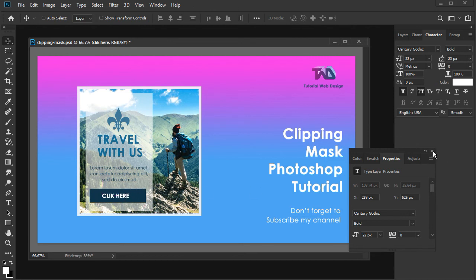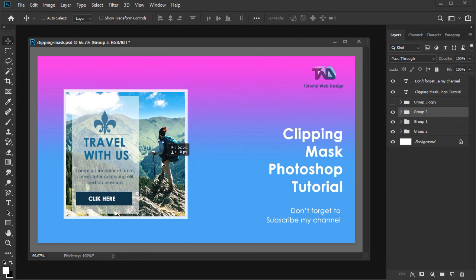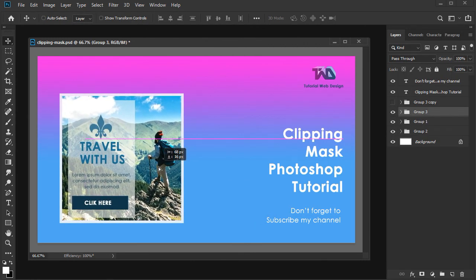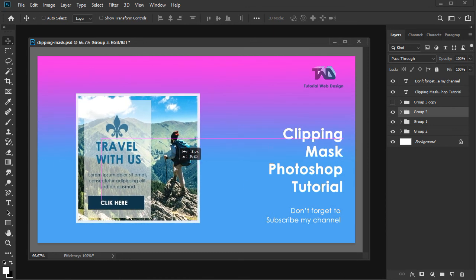See, now your banner is ready. This you can use in your Google AdSense, Google advertisement, or Instagram, or Facebook. See how easy it is to make a banner with just a simple clipping mask effect.